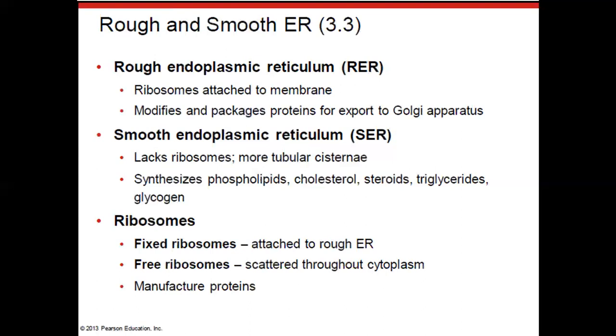And a vesicle is basically a little teeny tiny circular structure that has a membrane that surrounds it. And inside that membrane, in the intramembranous spaces, are proteins that will be sent out of the cell or exported from the cell. The smooth endoplasmic reticulum